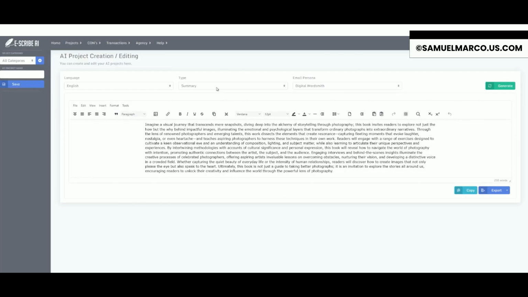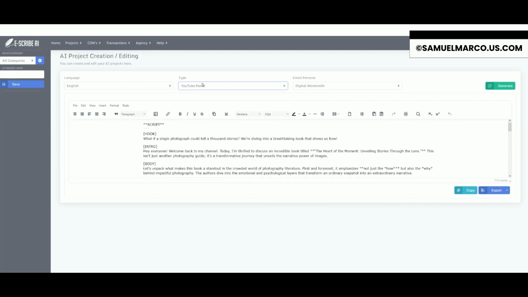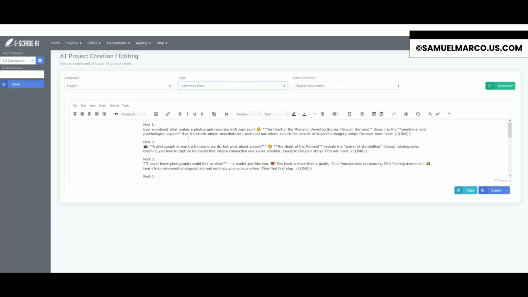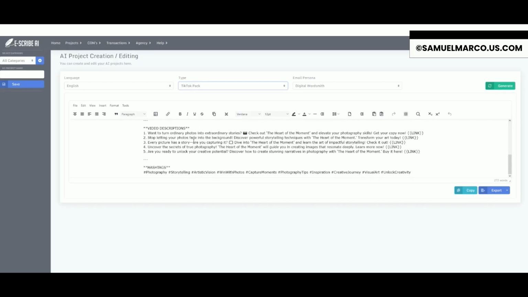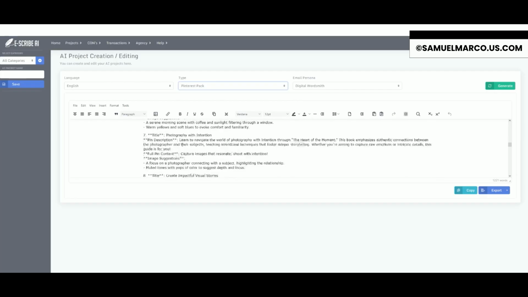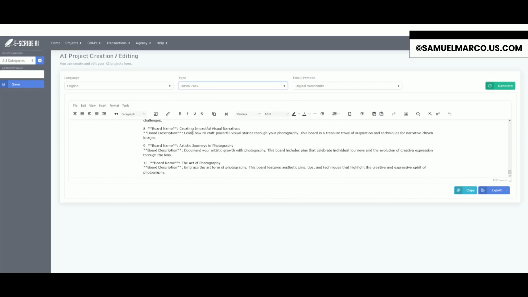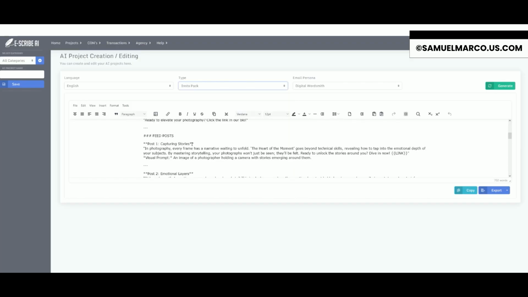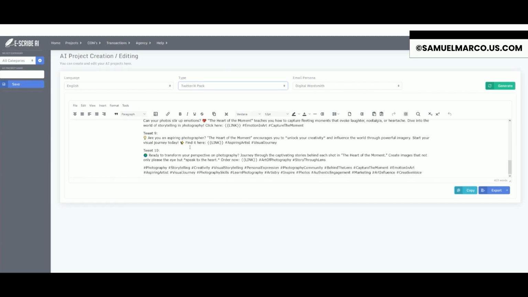Okay, I've now generated them all, and if we go through, we can see the email sequence, a YouTube pack with a YouTube script, a Facebook pack with a series of posts for Facebook, a TikTok pack with a short video description, hashtag, and script in TikTok format, a Pinterest pack with ideas for pins, hashtags, and board ideas for Pinterest, an Instagram pack with posts and feed posts and a script for a reel, a Twitter pack with lots of tweets on there, and of course hashtags, appropriate for the book,